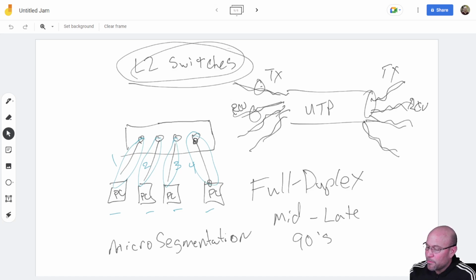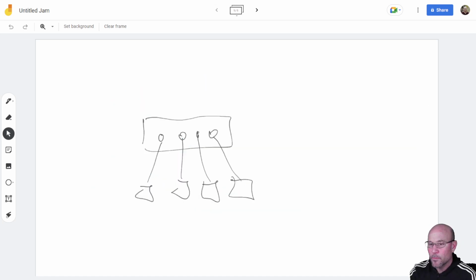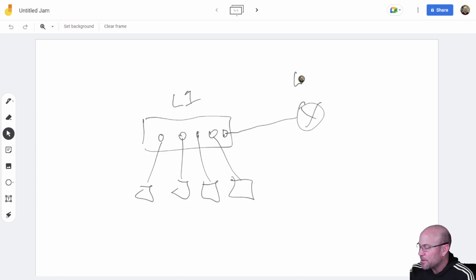But as we remembered from bridges, layer 2 switches did not separate broadcast domains. So this absolutely is 4 different collision domains, but it is one single broadcast domain. Broadcast domain 1. Okay? I do want to add this one point of discussion. If you had a layer 1 repeater hub and it is connected to a router, this is a layer 3 device, and we're not talking about that too much right now, but I will say this. If you have, or even if it's a layer 2 Ethernet switch,